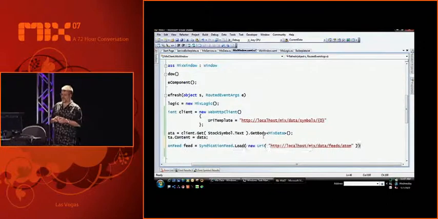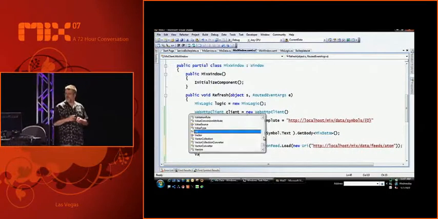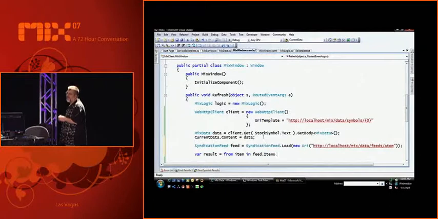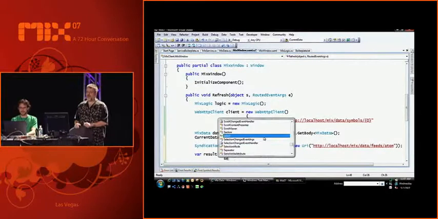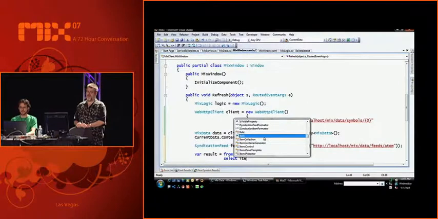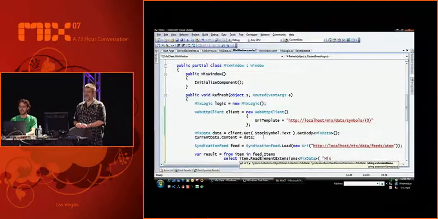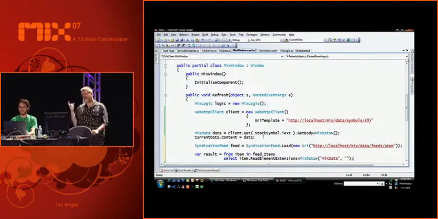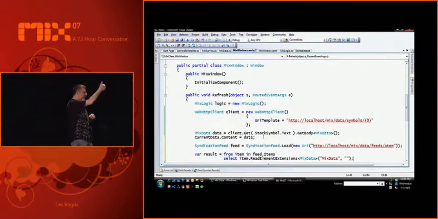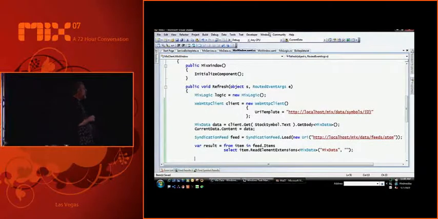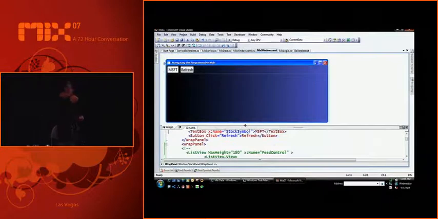Great. Perfect. So we've got the feed. Now what we need to do is spelunk through the feed. So we're going to get all the items in the feed. And what we're going to do is select out the particular extension. We've got to give it a name. By default, in fact, what it's going to take is the Q name, that is the XML Q name, which is just mixed data in no namespace. And away we go. So we basically pulled in the Atom data, walked through the items in the feed, pulled out the particular piece we want, and now we can take the result of that and data bind it.